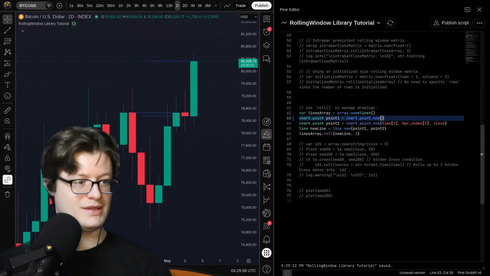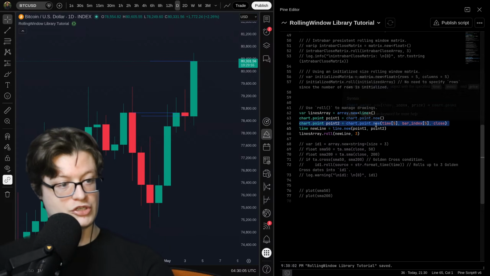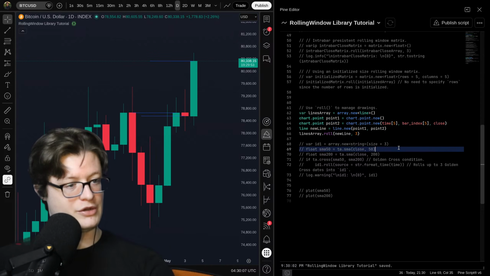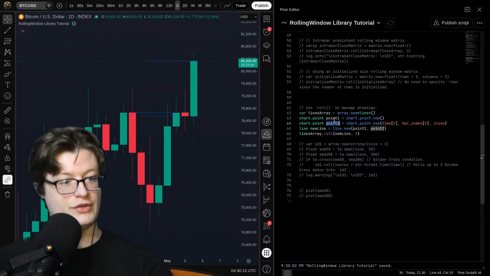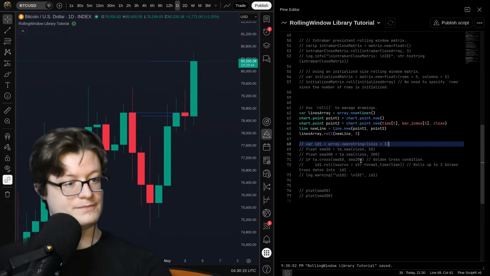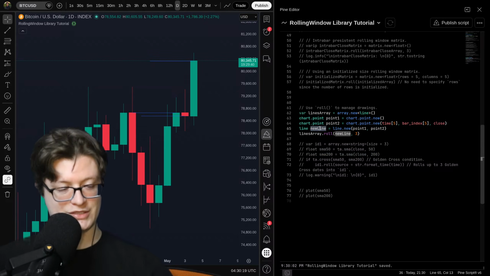It doesn't even have to be that. So the current chart point and a new chart point with data from like 5 bars ago. And then we create a new line that is initialized with both of the chart points here. And then we just roll this line that's generated